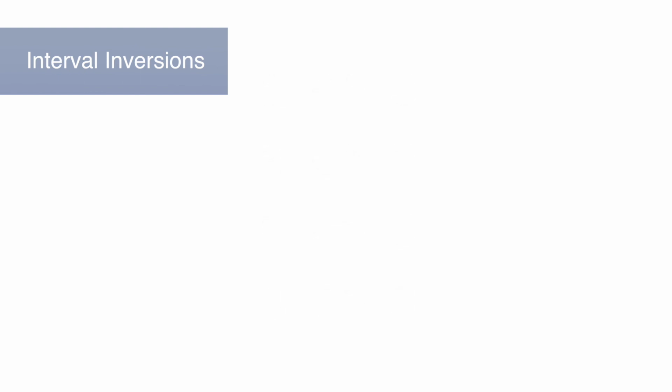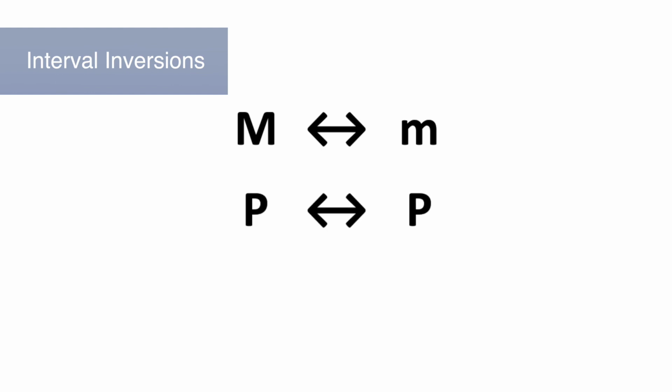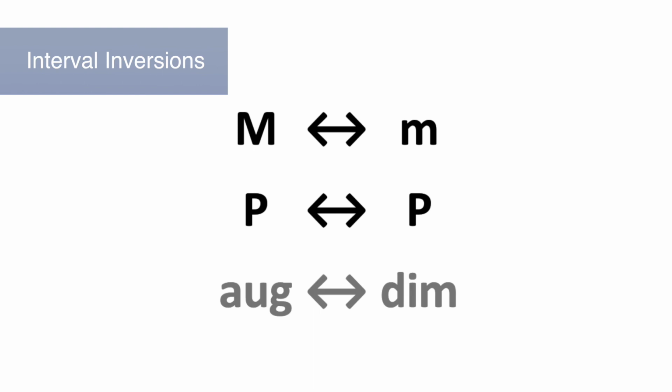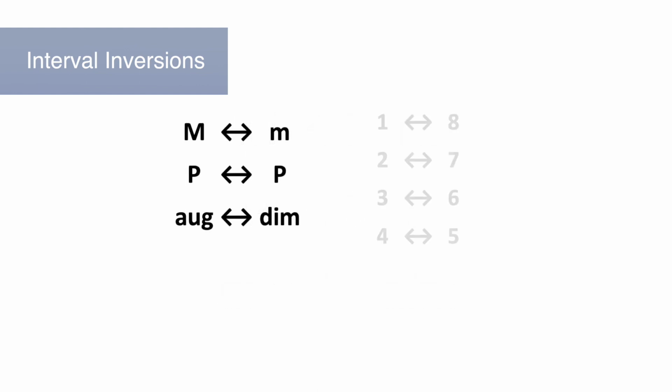In terms of interval inversions with respect to the qualities, or the things that make our generic intervals specific intervals, major intervals invert with minor intervals. Perfect intervals only invert with other perfect intervals. Diminished intervals invert with augmented intervals. So as we pair these qualities with the numerical representations, we can start to see with a little more clarity,